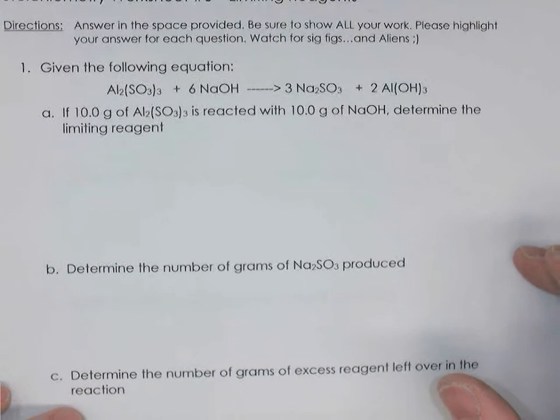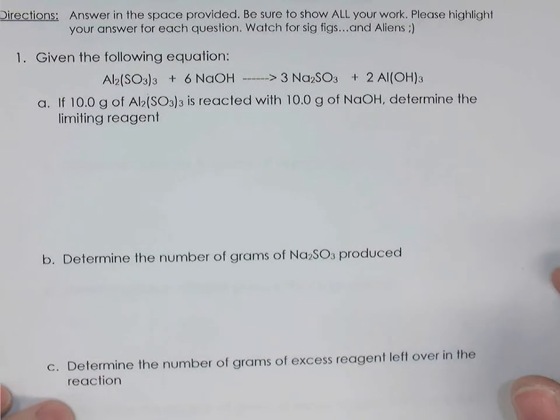Question number 1. We have a reaction between aluminum sulfite, Al2SO3, and sodium hydroxide, NaOH. It looks to be a double replacement reaction. The products are aluminum hydroxide and sodium sulfite. We're asked if 10 grams of aluminum sulfite reacted with 10 grams of sodium hydroxide, which of those would be